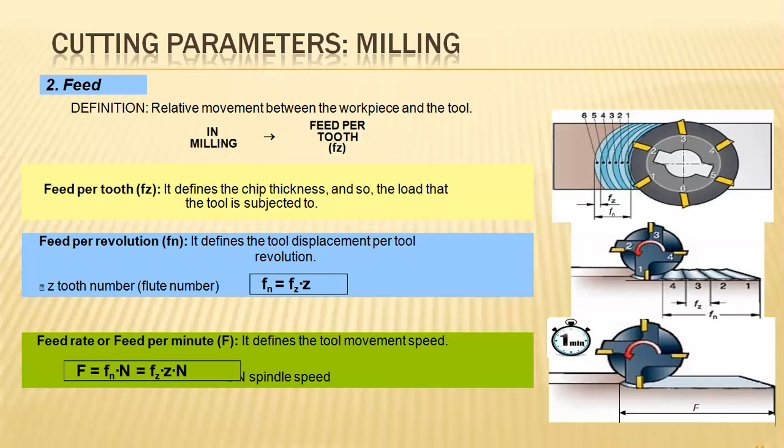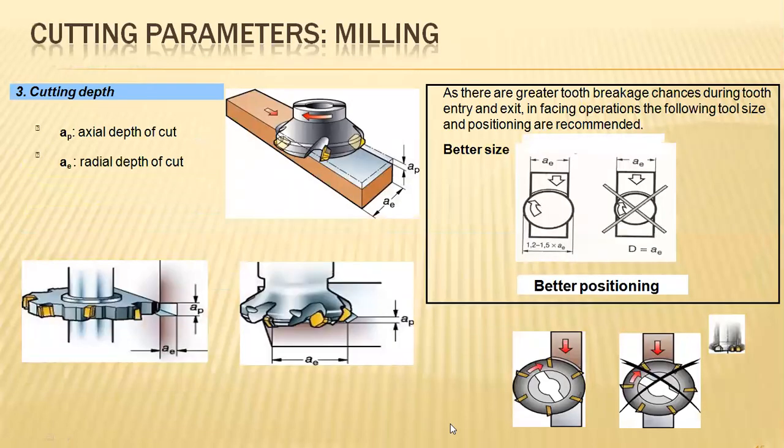Correct? So feed per minute will be calculated based on the formulations. And depth of cut: it's machined over the work part by sliding the work part as per its axial depth of cut. That is, AP specifies the axial depth of cut,